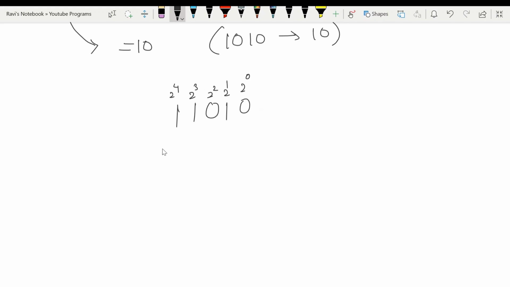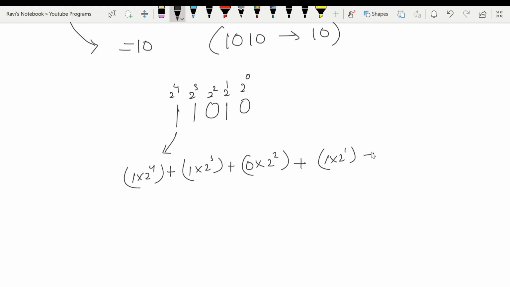Then the addition of multiplication of digits with their respective powers. So I can write 1 into 2 to the power 4 plus 1 into 2 to the power 3, then 0 multiplied by 2 to the power 2, then 1 into 2 to the power 1, and last 0 multiplied by 2 to the power 0.